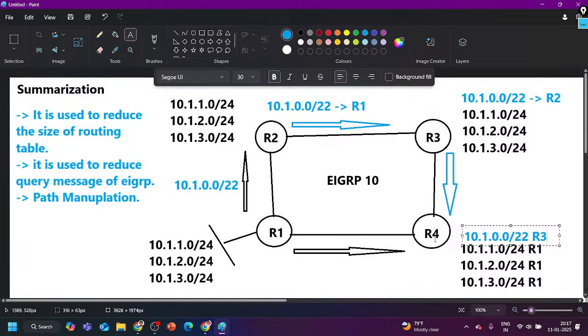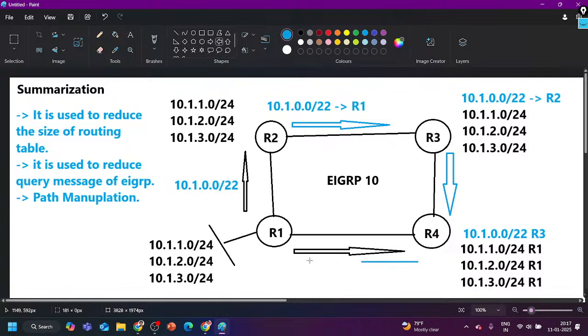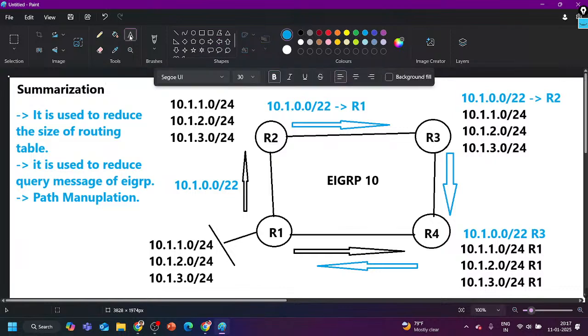Now will router 4 advertise this summary address to router number 1? Tell me yes or no. Will R4 advertise this summary address to router 1 or not? Yes, router 4 will also advertise this summary address to router number 1. But guys, this is